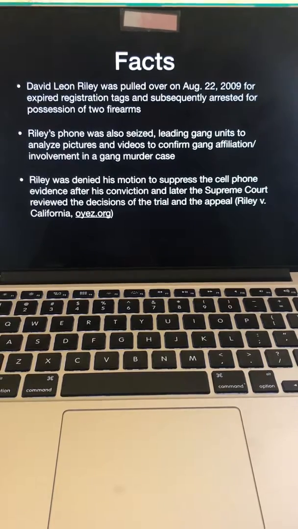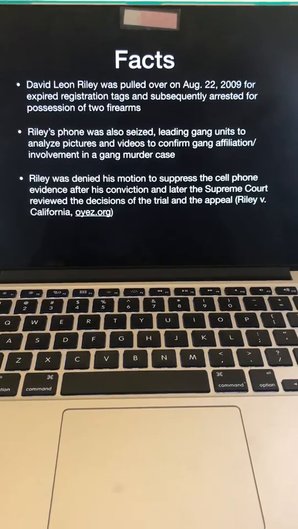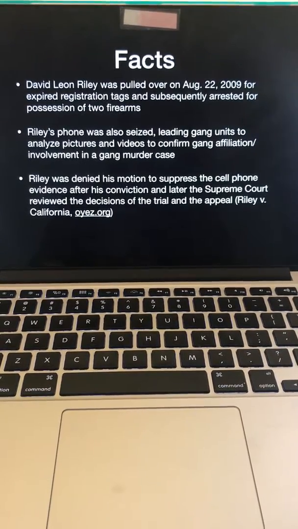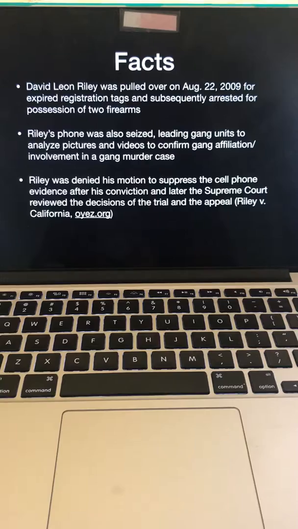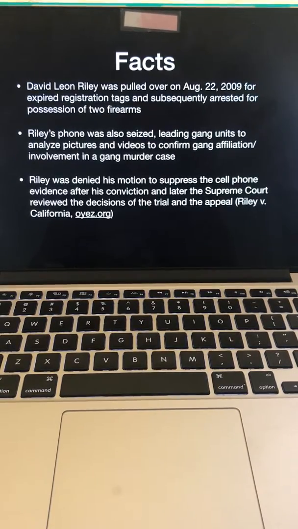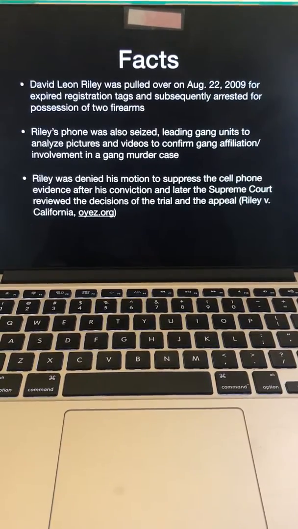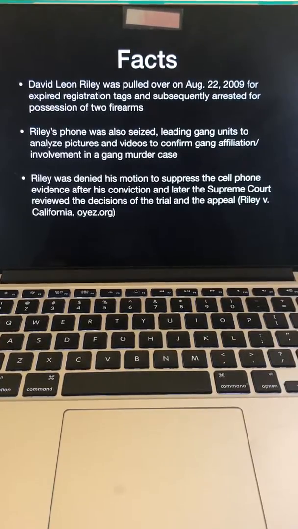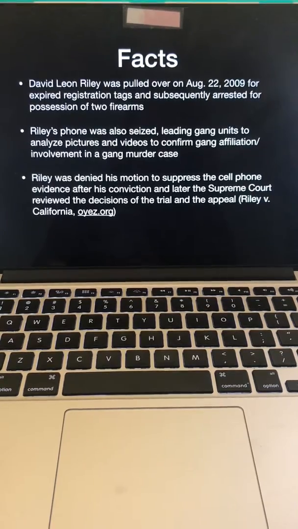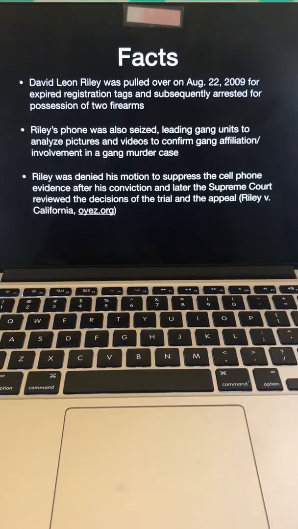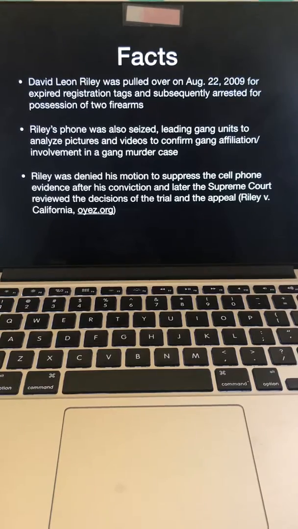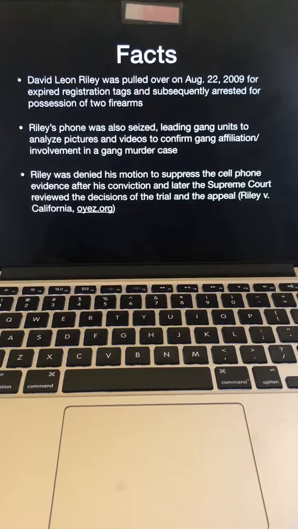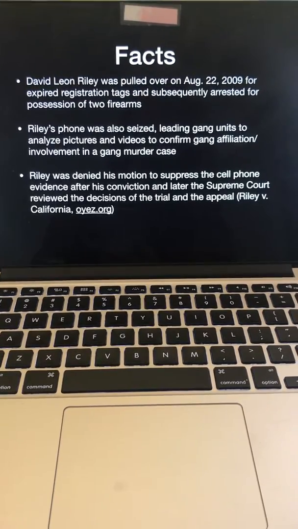suggested gang affiliation. Now, the firearms they suspected were linked to a gang murder that had happened on August 2nd of that month that they suspected Riley was involved in. He was a part of the Lincoln Park gang in San Diego, and they suspected that he had something to do with this. So he was taken to trial, charged, and